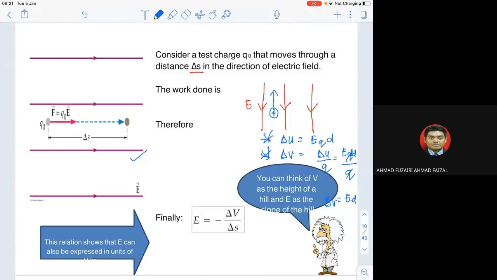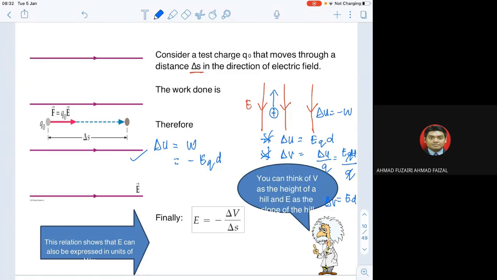For the charge that goes in the direction of the electric field, what happened? First of all, the positive work is done. So what happened is, before this, delta U was equivalent to negative W for the positive charge that goes against the electric field. Right now we have a positive charge that follows the electric field. What happened is delta U equals positive W. So delta U is equivalent to negative